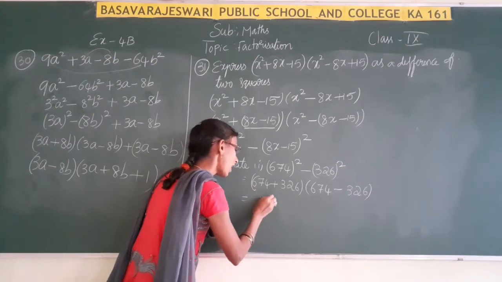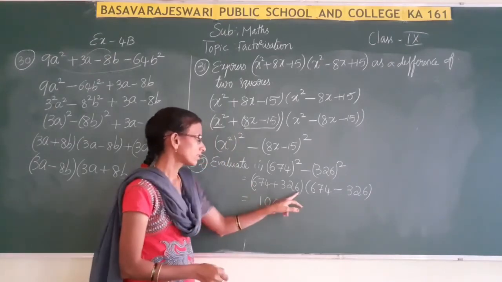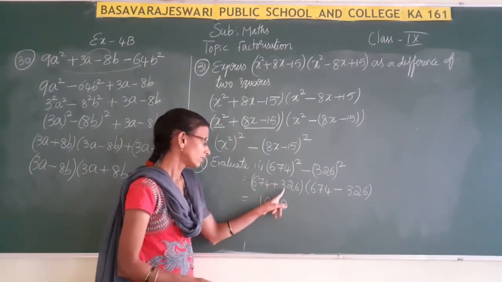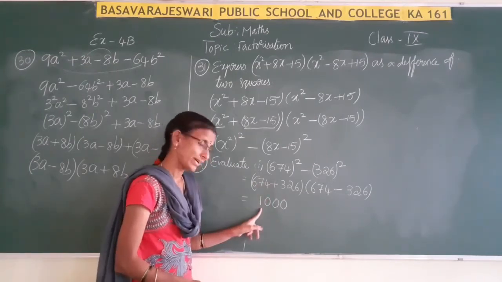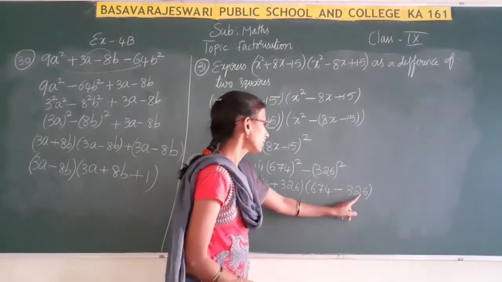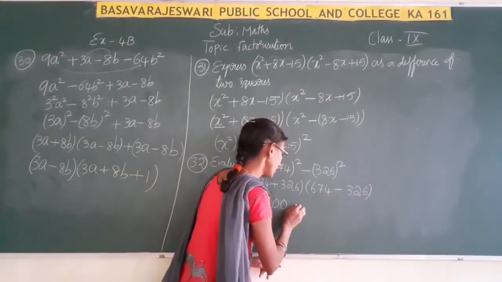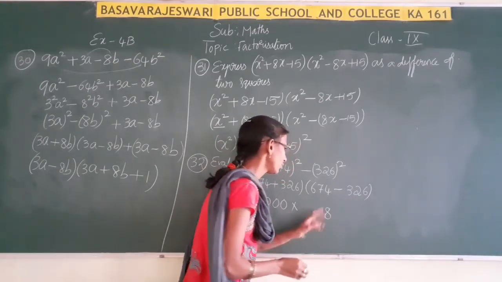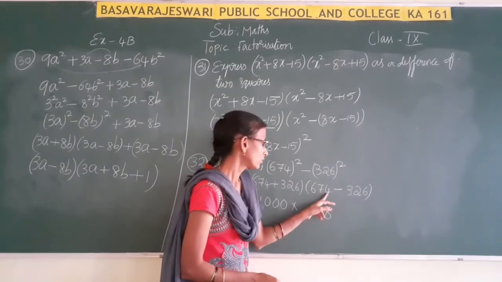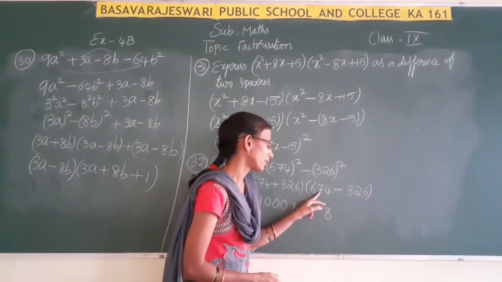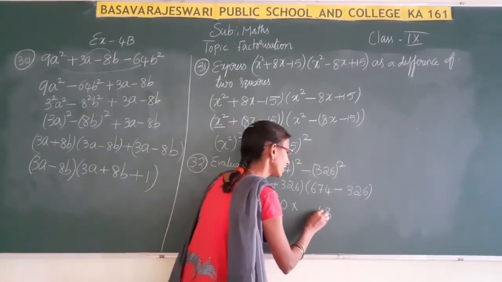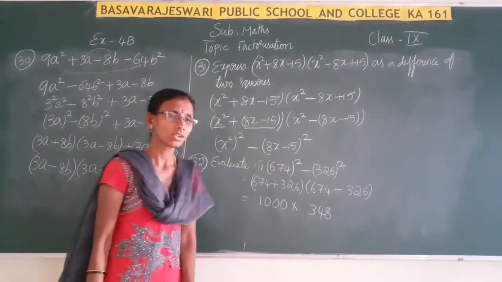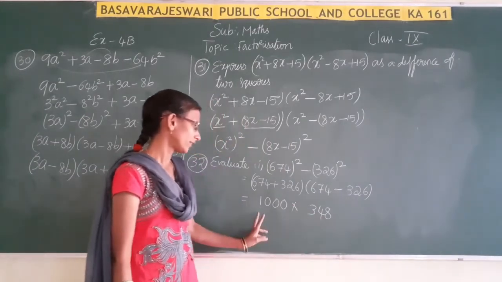It is 1000. See, 6 plus 4, 10. 2 plus 7, 9 plus 1, 10. 3 plus 6, 9 plus 1, 10. And here, into 14 minus 6, what do we get? 8. 1 we have borrowed, so 6 will be remaining. 6 minus 2, 4. 6 minus 3, 3. So 348 into 1000.